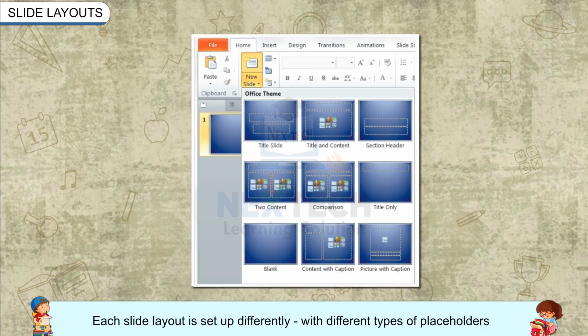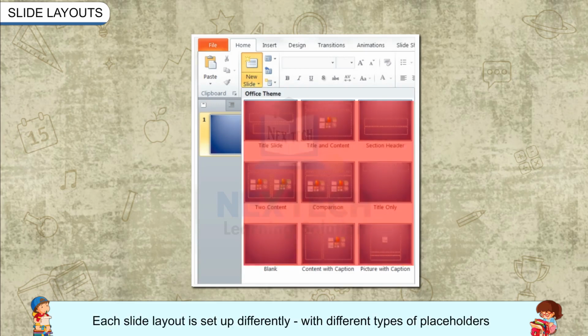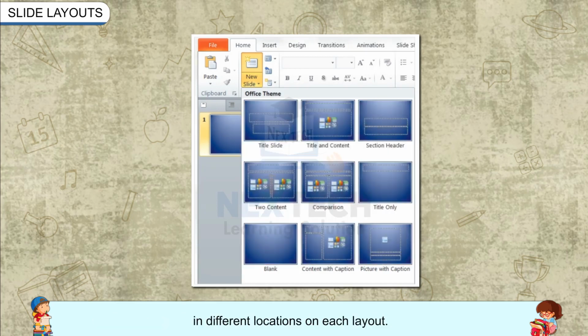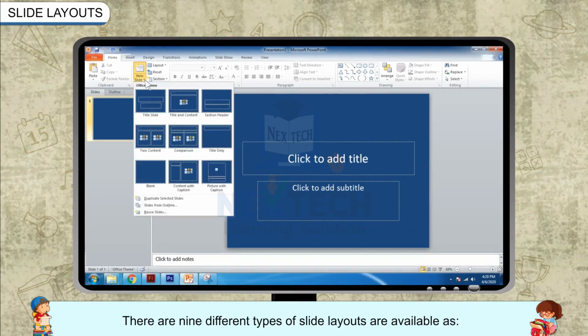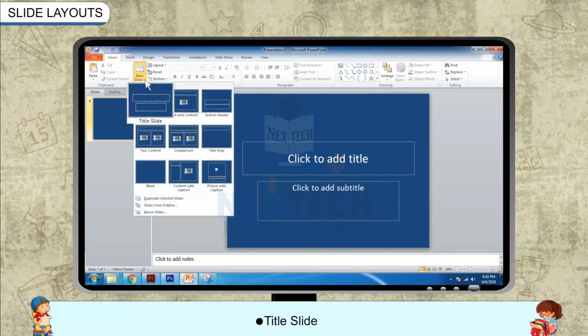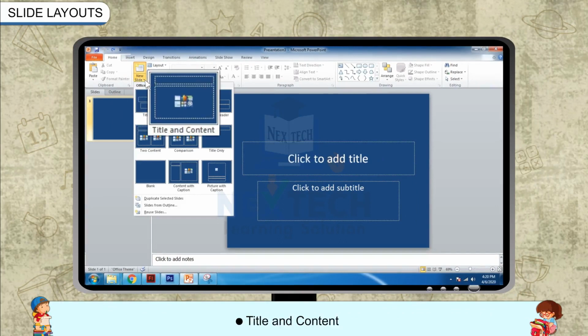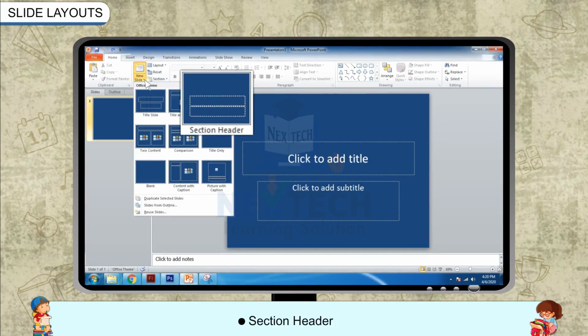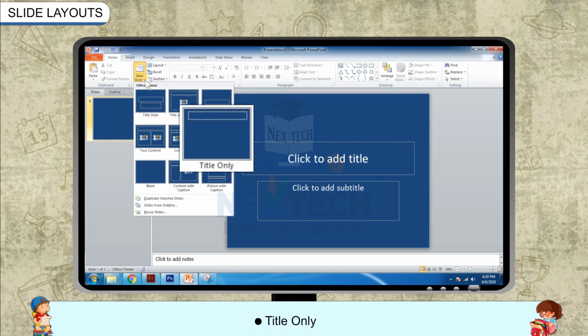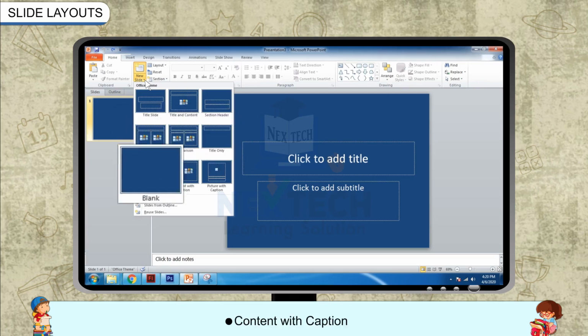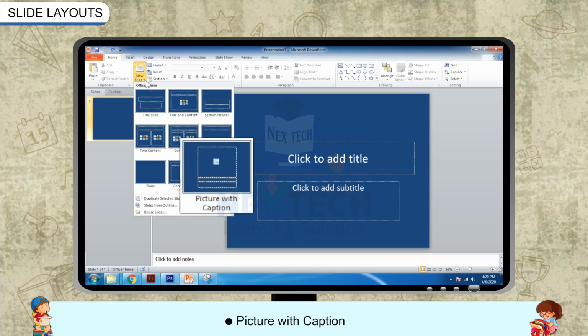Each slide layout is set up differently, with different types of placeholders in different locations on each layout. There are 9 different types of slide layouts available: title slide, title and content, section header, two content, comparison, title only, blank, content with caption, picture with caption.